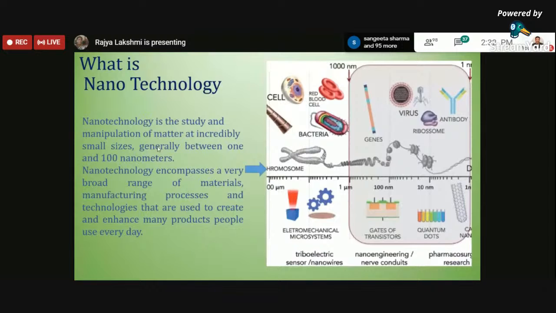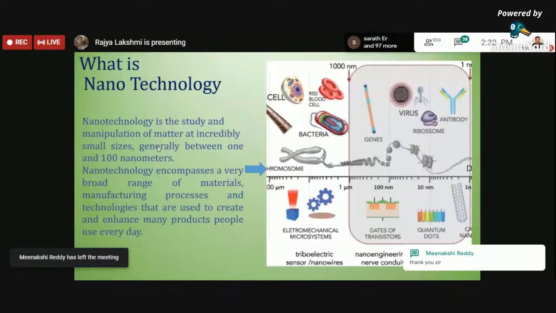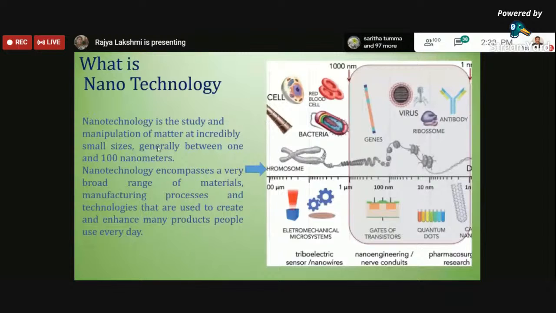But the only thing is we are not realizing or recognizing that the comfort and the convenience we are enjoying at the workplace or at home. Most of the comfort and convenience, the benefits we are enjoying today, are influenced by nanotechnology that we are not aware of. So please don't think that nanotechnology is only for one particular group of people, not related to our area, our field. It is related to each and every area. That is why I have mentioned it.